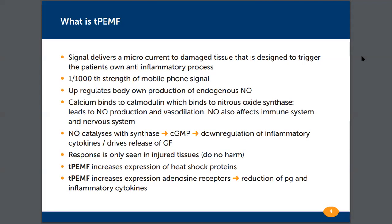oxide. So calcium binds to calmodulin, which binds to nitric oxide synthase and leads to nitric oxide production and vasodilatation. Nitric oxide also affects the immune system and the nervous system, and it catalyzes with synthase, makes cyclic guanosine monophosphate, which causes a downregulation of inflammatory cytokines and drives the release of growth factor. The response is only seen in the injured tissue, so you do no harm using it on